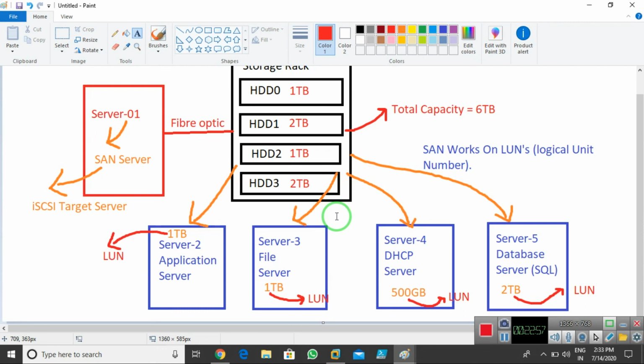I told you that in server 2008 the iSCSI target server feature is not available on the operating system. So in 2008, I need to download this feature first and then install it. But from 2012 onwards, Microsoft gives you this role inbuilt in the operating system. You just install it with the help of roles and features in Server Manager, and that server becomes a SAN. Understood? These are the 3 types of storage we always use in enterprise.